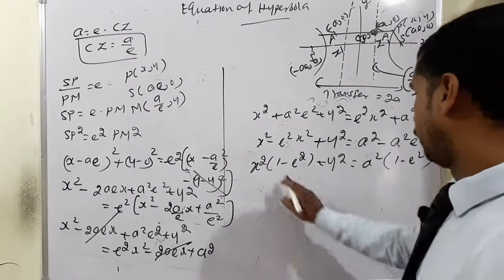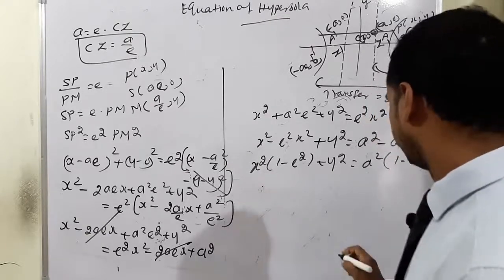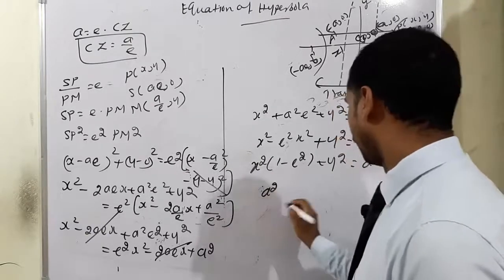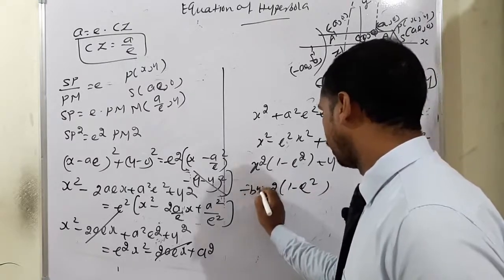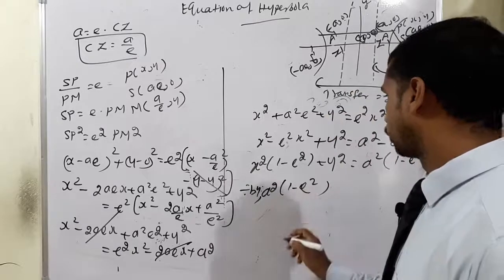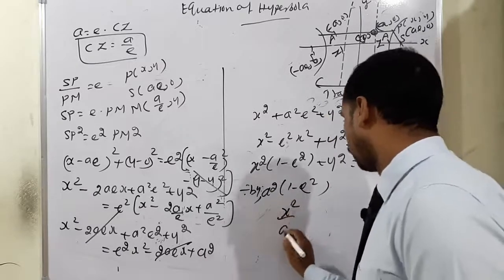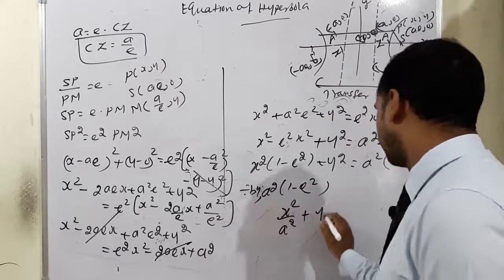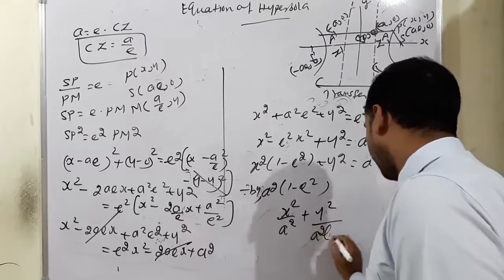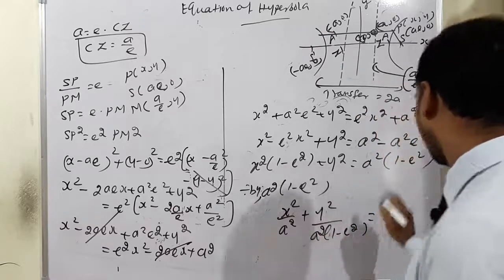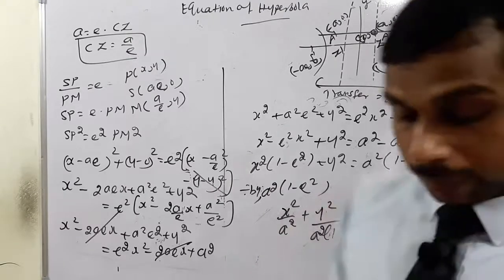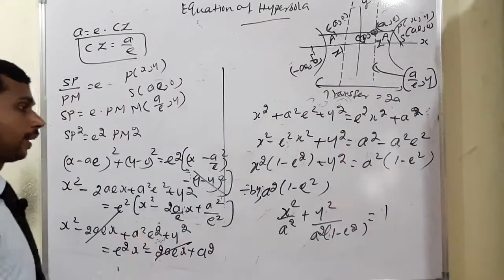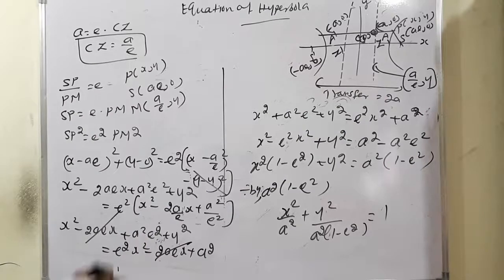So, look at there, each and every term divided by a square into 1 minus e square. We can write it x square by a square, then plus y square divided by a square into 1 minus e square. Opposite side only 1 will come, because a square into 1 minus e square divided by a square into 1 minus e square means we can cancel. Therefore, the main condition